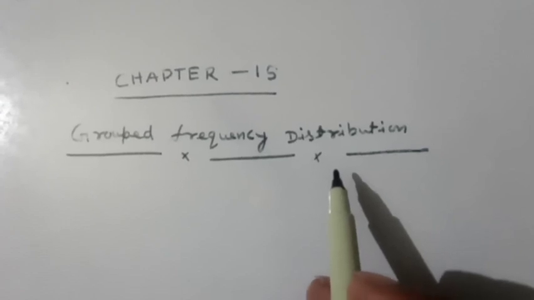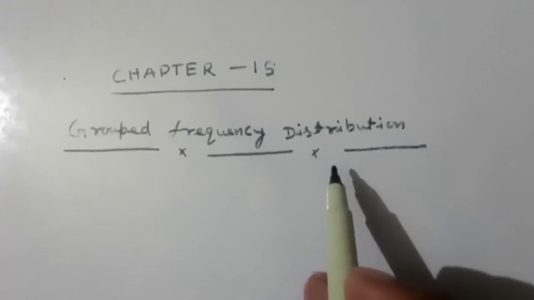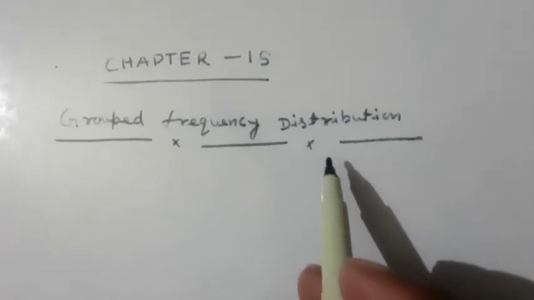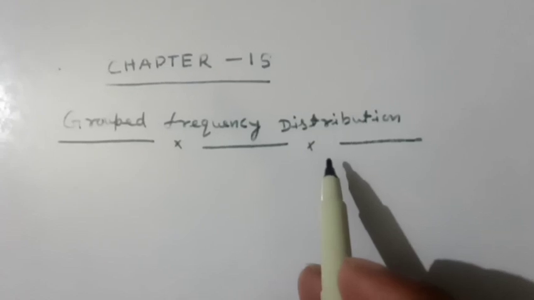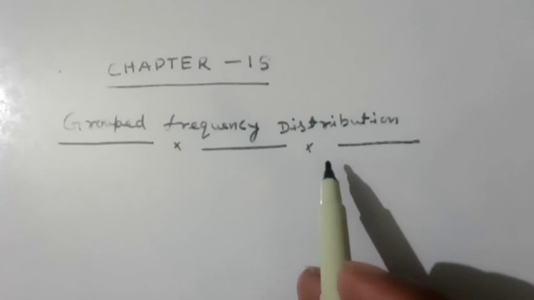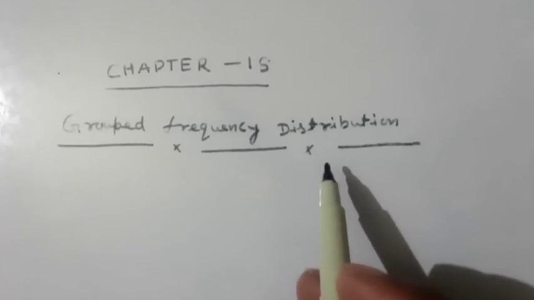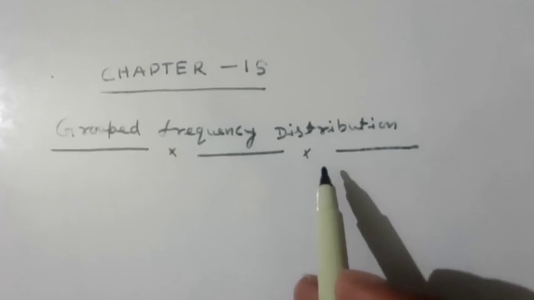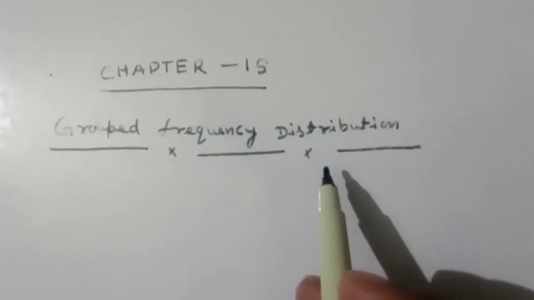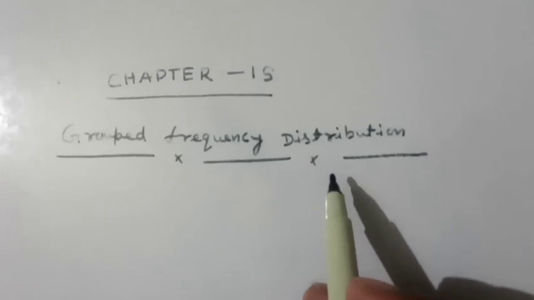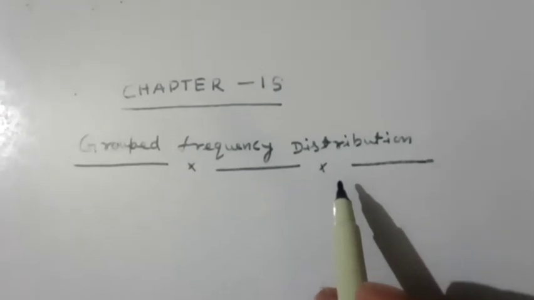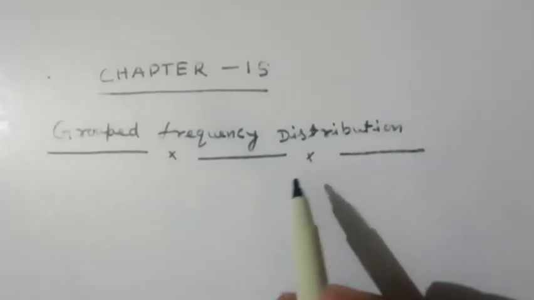One of the difficulties is that it requires a lot of space. To overcome this difficulty, we divide the raw data into a convenient number of groups and obtain a frequency distribution of the number of observations falling in each group. So we can define the grouped frequency distribution of data as follows.